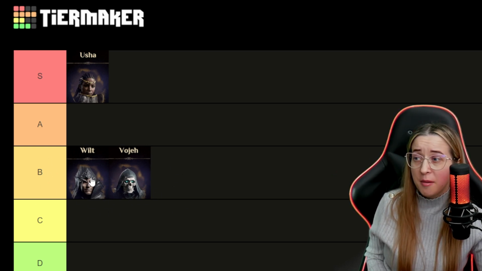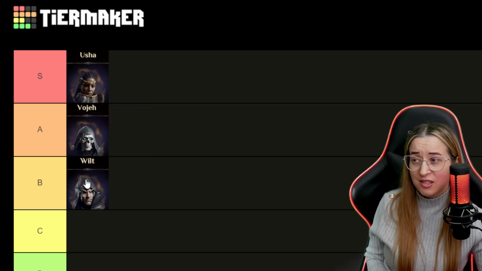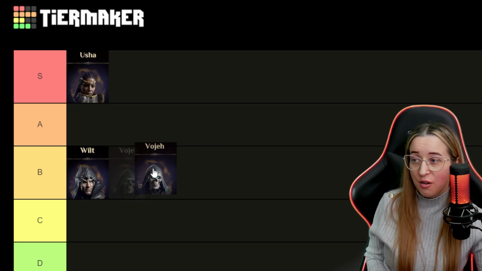And I think if I put them up in the A category, you're like, oh, maybe I don't have Usha, but I have them. I should make a Frost team. I don't think that's the answer. They're more of like, who would you put if you have Usha or better Frost heroes and you're looking for one more to help support the team? So Vosge,